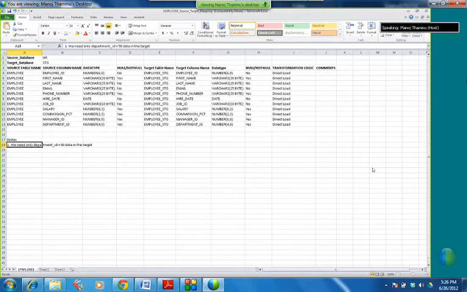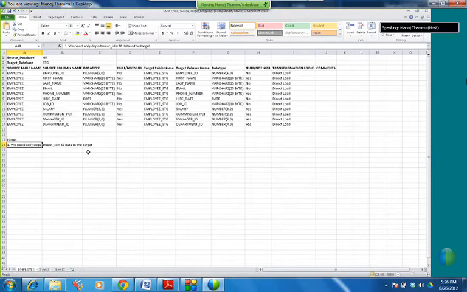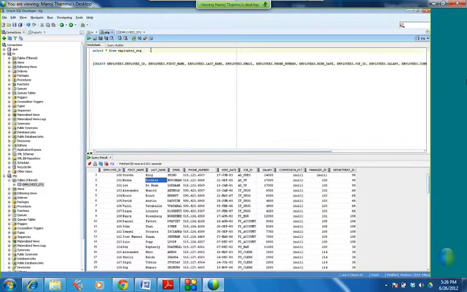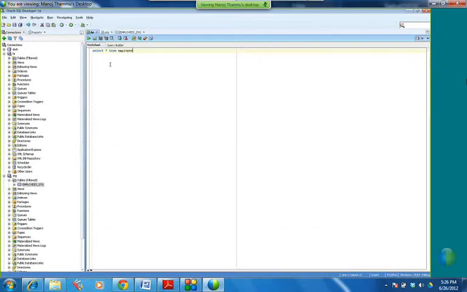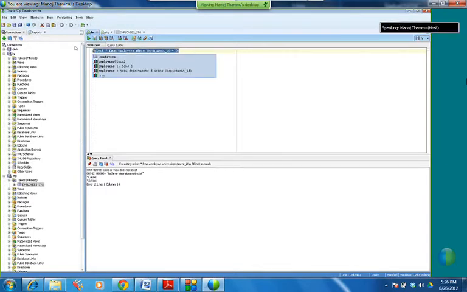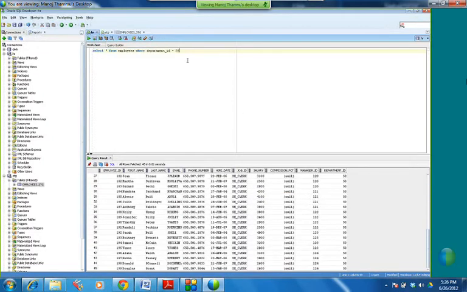Okay, so our requirement changed. What does this mean? I have to write a query in the source: select star from employees where department_id equal to 50. Right, guys? Am I right? So this data we have to send to the target. We have to send only the department 50 records to the target.